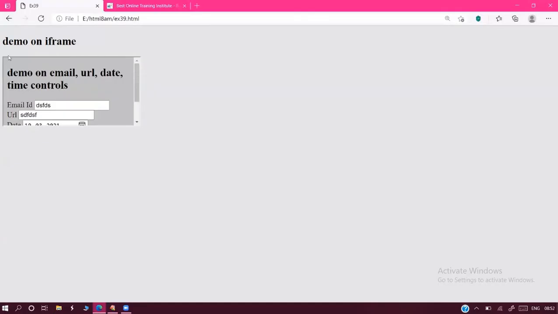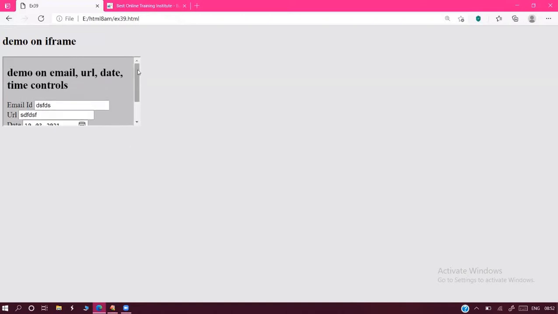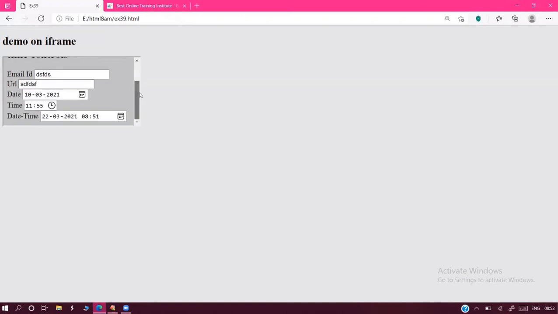Next, we got the small box here, sir, but there is more content available. This is the default measurement of the iframe, the default box size. So if your content is bigger than that size, scroll bars are automatically activated. But if I increase the size of the box, then the problem is not there. Iframe is created by default with these measurements. If you are not interested, you can set your own measurement. There is no problem.